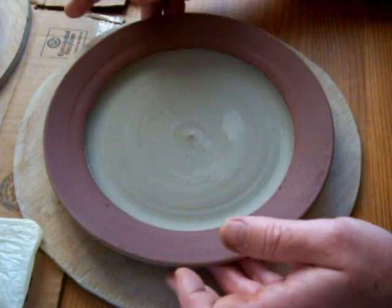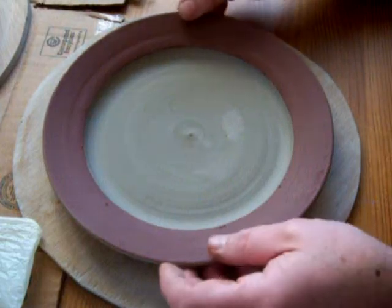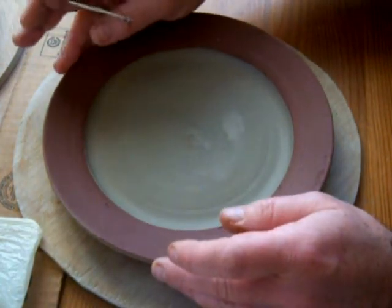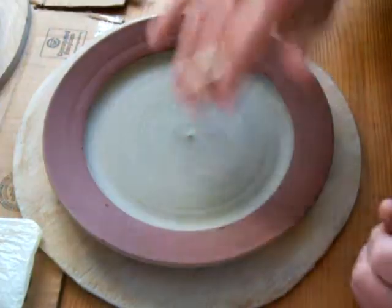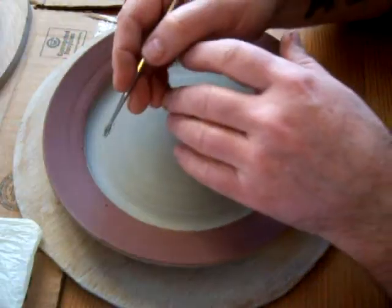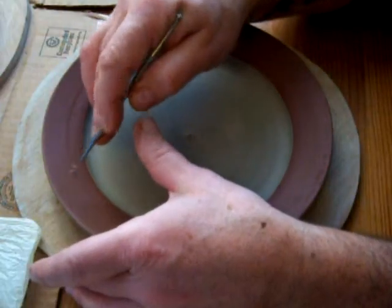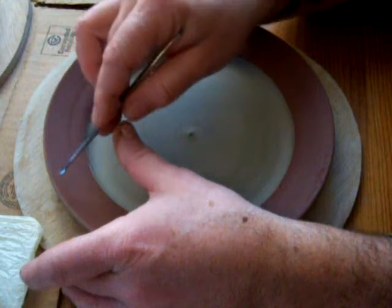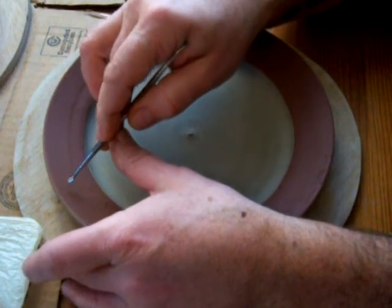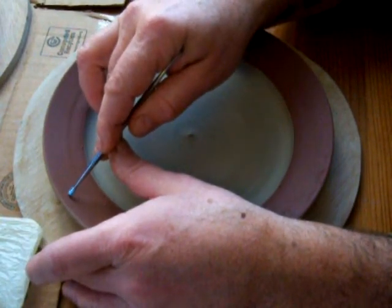Now I'm usually quite keen to get stuck into these, but I've had to let them get really leather hard, otherwise it doesn't work too well. I'm going to do some dragonfly motifs on this, so we're going to do a little bit of lettering. I'll not bore you with all of it, but make sure the tool is supported, and we'll do